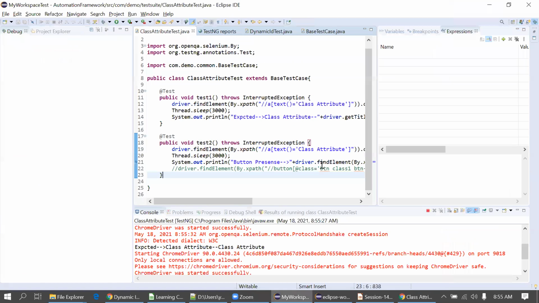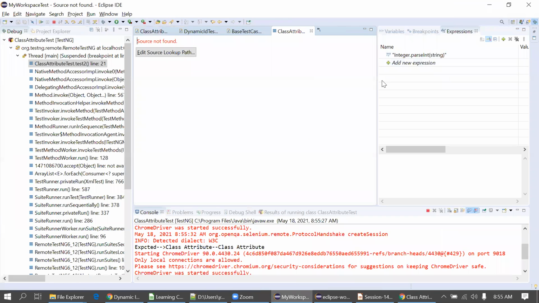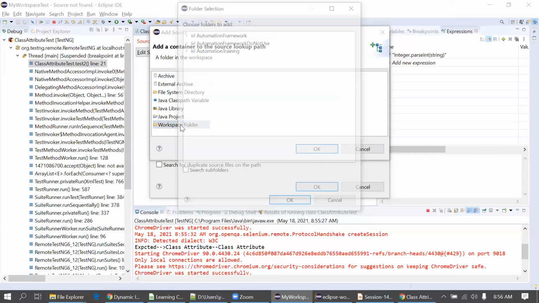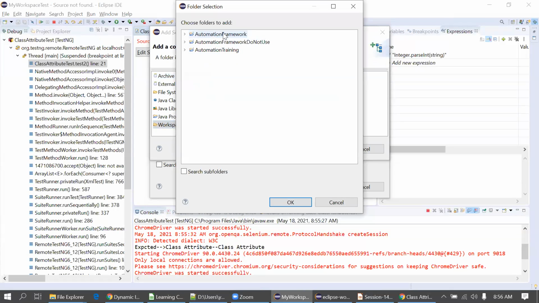I will switch into the debug perspective here. Sometimes you get this source not found. I will have to search for the source workspace folder, then automation. I think it's automation. I don't recollect that.